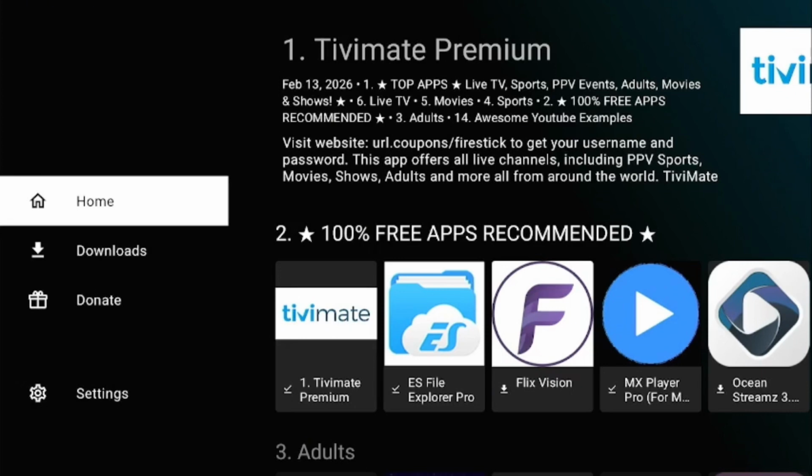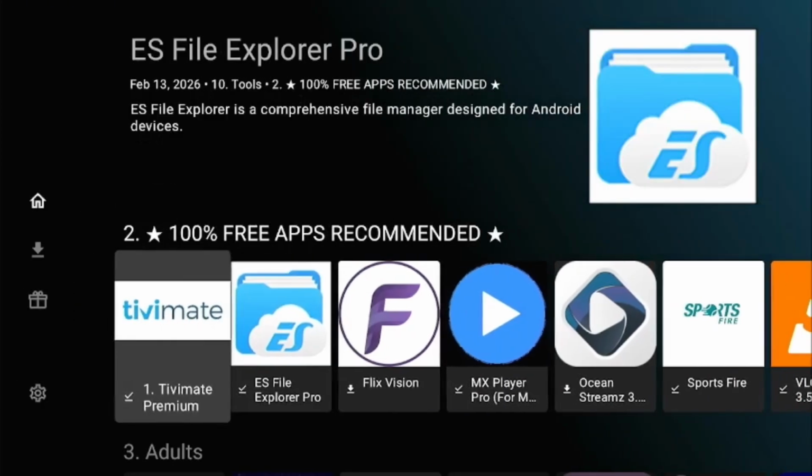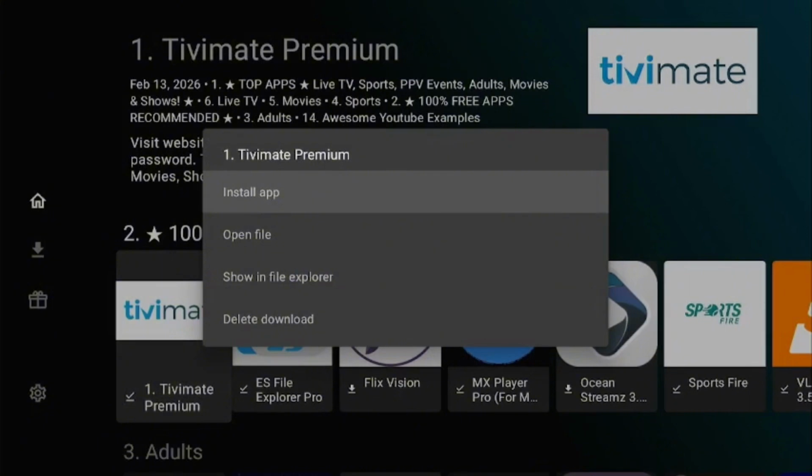So just click on Tivimate and you find the download button. Click on the download button. When the download is complete, you find this install app. Click on install app, and if it's your first time,